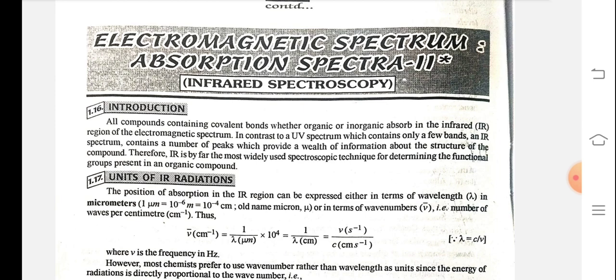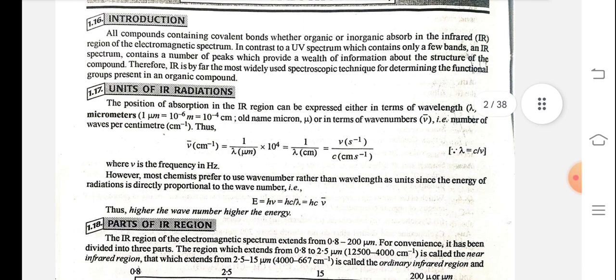Units of IR radiation. The position of absorption in the IR region can be expressed either in terms of wavelength in micrometers or in terms of wave number, that is, number of waves per centimeter. Thus, where nu is the frequency